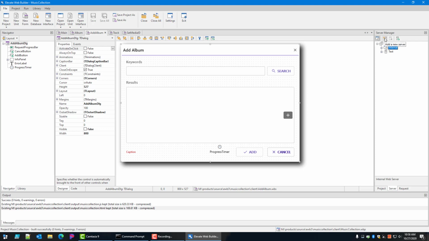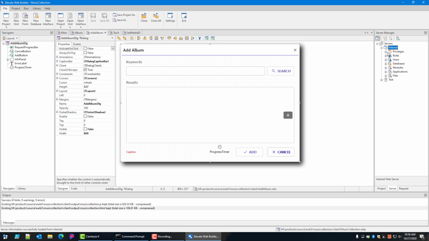The other button here allows you to add a new server. And then this right here allows you to basically refresh any portion of the server management tree view. If anything's changed externally to the IDE, you want to refresh it. Anything you change in the IDE, it's going to know and automatically update the server manager. So, say somebody else in another location updated something on the server, you could refresh that to see it. So, what I'm going to do here is I'm just going to double click on the internal server to expand it,